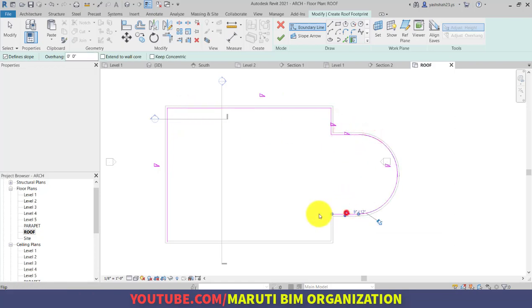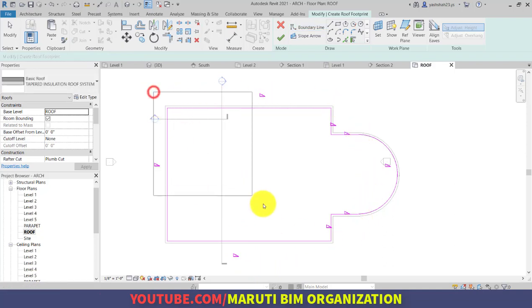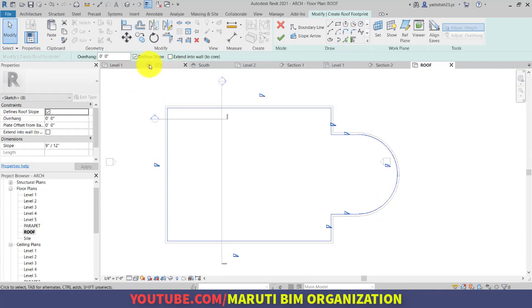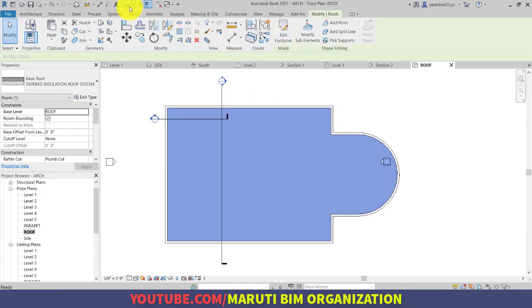Obviously, you can move the mouse and use the tab key in order to select all the walls at one time. Now, by default, the slopes are there. But if you don't want to use the slope, select all the lines and make sure define slope is turned off and simply click on finish and go to 3D view.